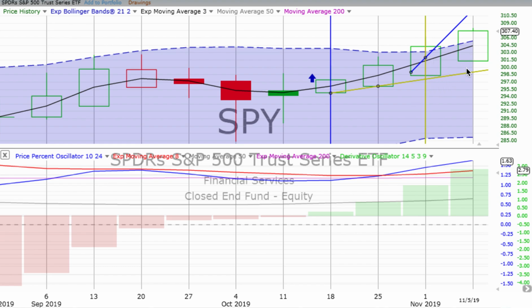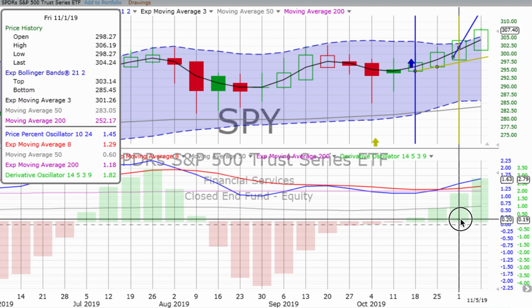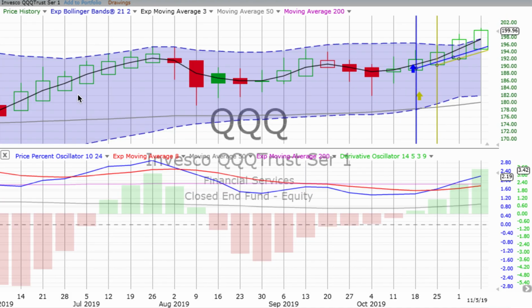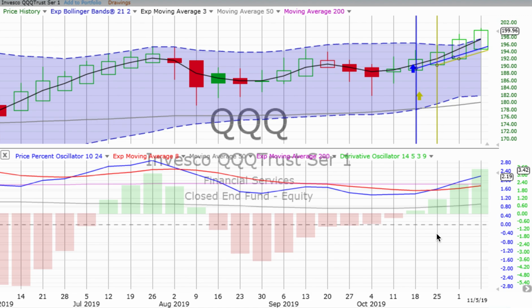Now, yes, it can also go sideways, but when we chart, when we focus on technical analysis, we are looking to determine price direction. And the first thing we look for are trends. We look for the biggest trend. That is the weekly vertical crossover. We've had two of them lately. This past Friday on the 1st of November, we had a crossover going up on the S&P 500. The prior Friday, we had a weekly vertical crossover on the 25th of October going up on the Qs.